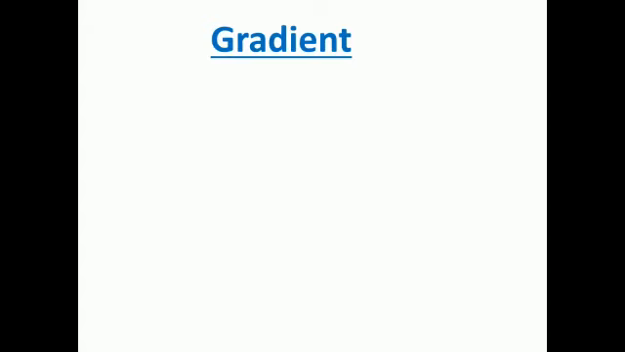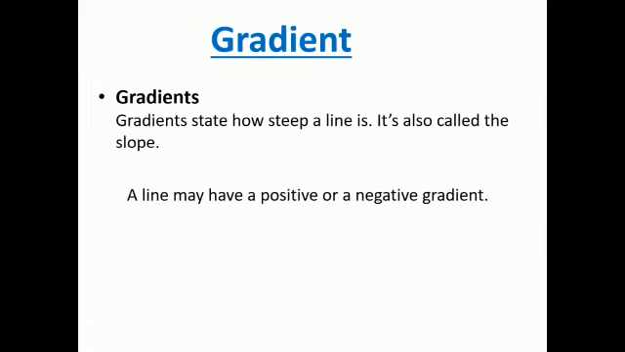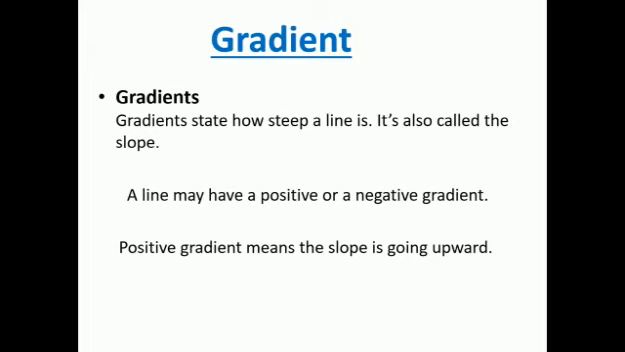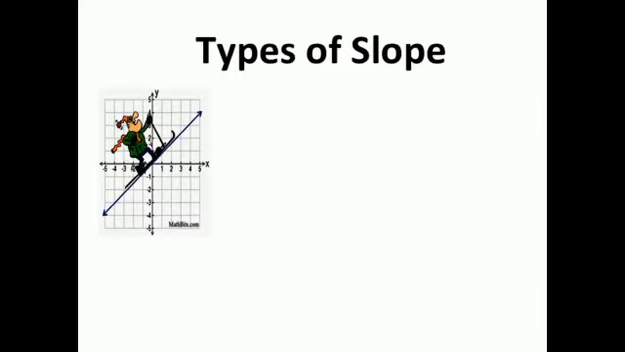Okay, starting now. Gradient. Gradient states how steep a line is. You can also say that it is a slope. A line may have a positive or negative gradient. Positive gradient means the slope is going upward and negative means the slope is going downward. You can see some images to make it clear what is going up and coming down, the positive slope and